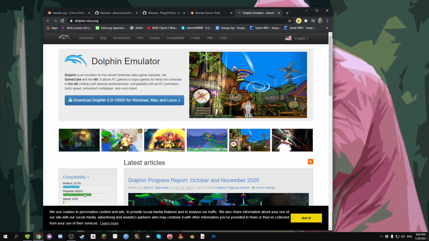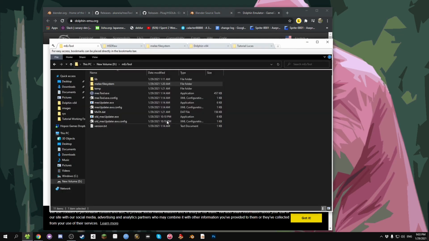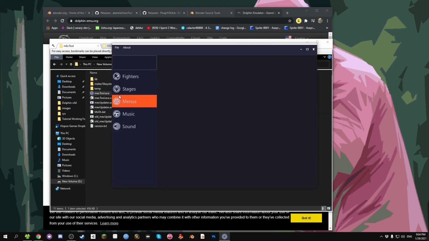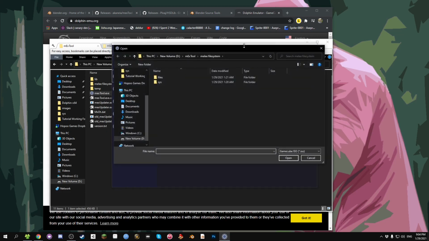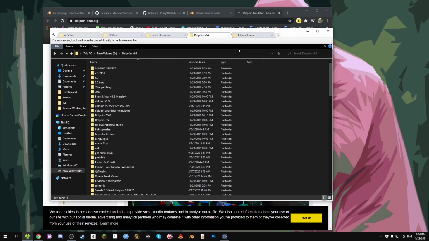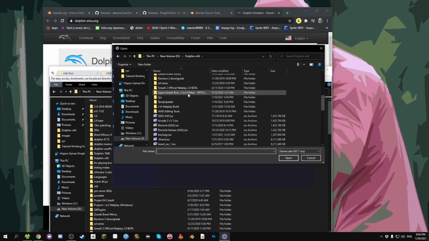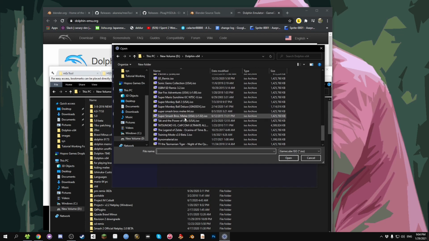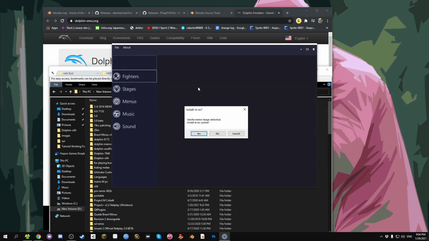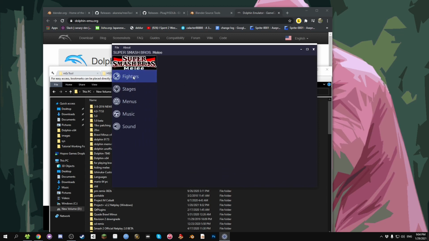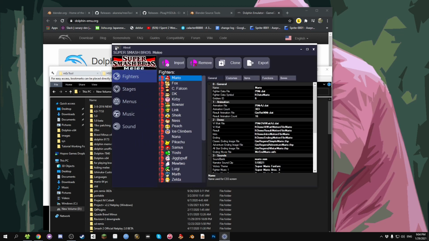So the first thing we're going to do is we're going to get mExtool open, and we're going to go to File, Open ISO. So now you're going to target your copy of Melee. Mine is here. Once you open Melee, you want to say yes, install mech system. Give it a second. You can see it loads up. Then you go to File,